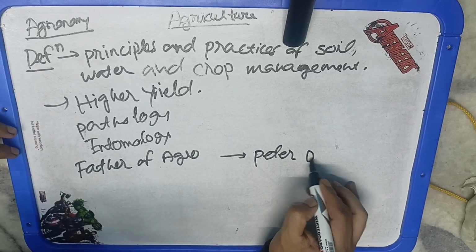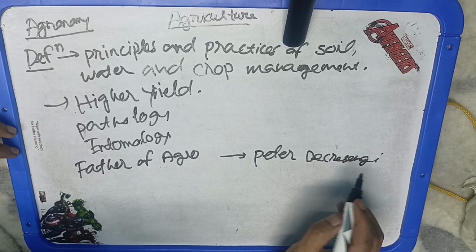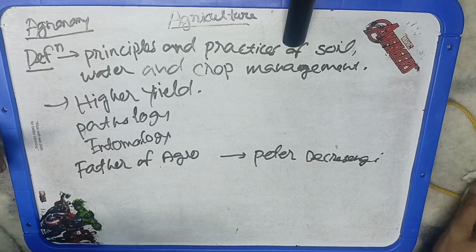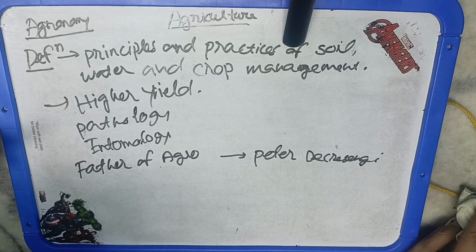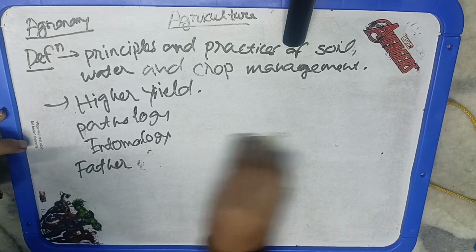Now the scope of agronomy. Why are we interested in studying agronomy? You know it very well. As we said, agronomy is basically management of field. So this is a very dynamic principle. Why dynamic? Because every time you are changing the crop in the field. So in a way, this is also dynamic.